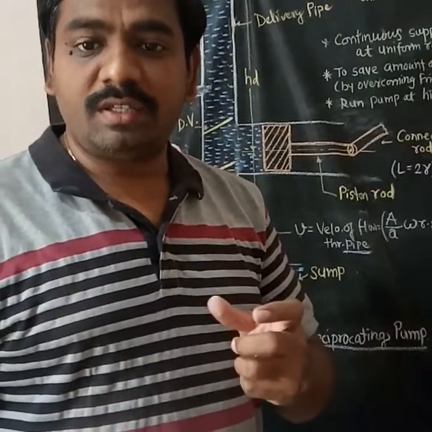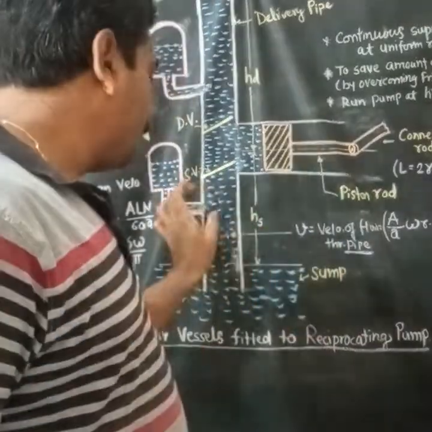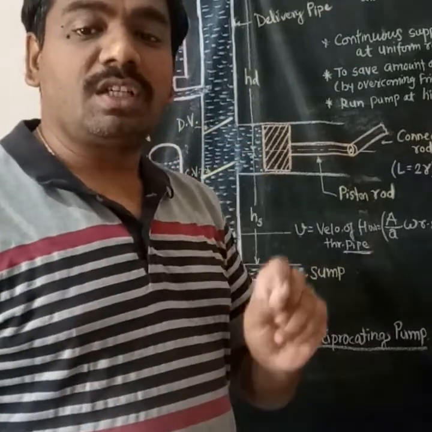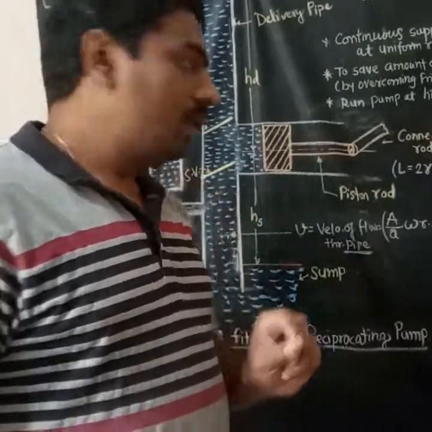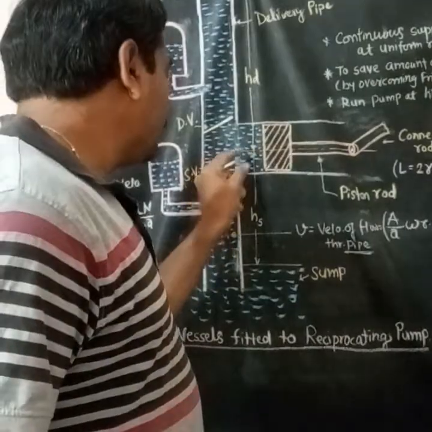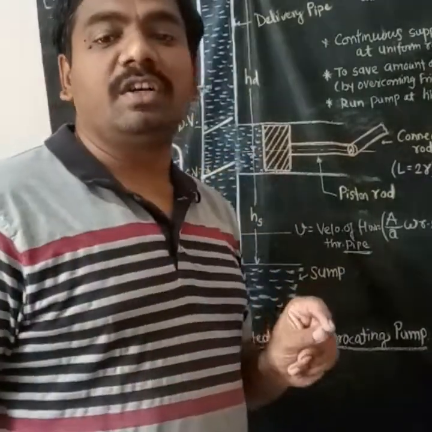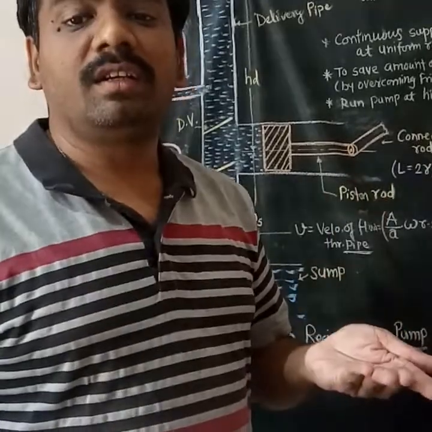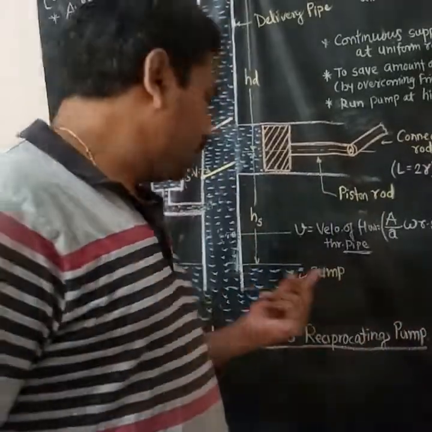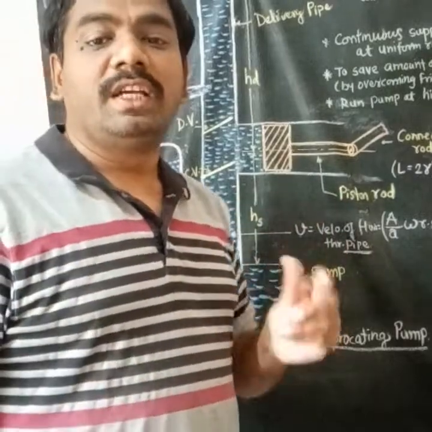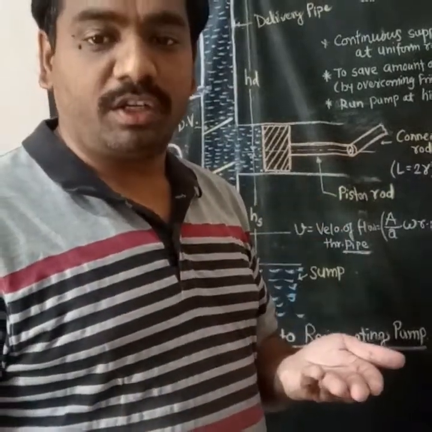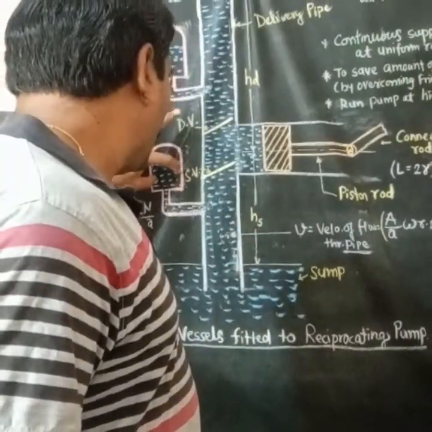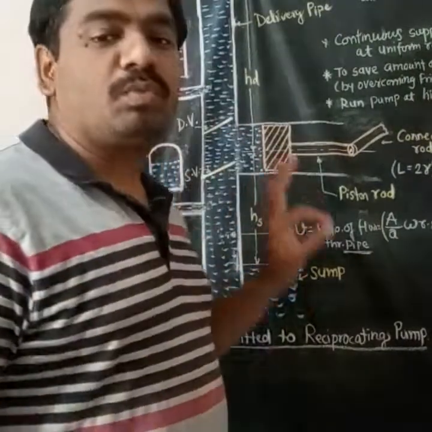Try to understand this thing. The water required at the first half of the suction stroke, the water required inside this cylinder, will be more than the water which is flowing through the pipe, and that's why there is a need for an excess amount of water. This excess amount of water is going to be obtained through the air vessel which is provided.